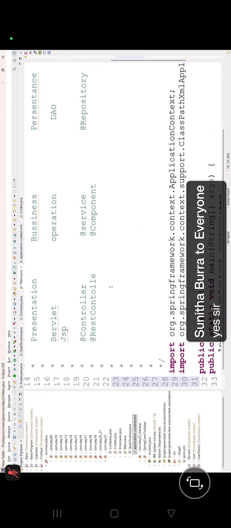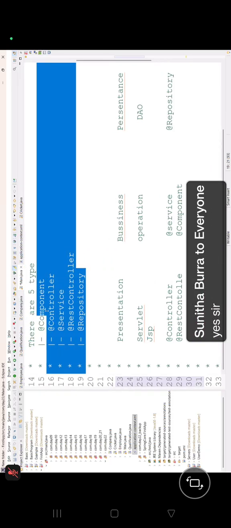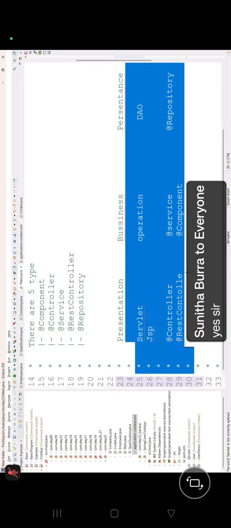Everybody see here. Now we understood all the five points, the five different purposes, but they are performing the same operation. Now, sir, how to use? Now, see, did I write anything here? No. If I run the program, can the IOC container find my bean? No. Then that's why